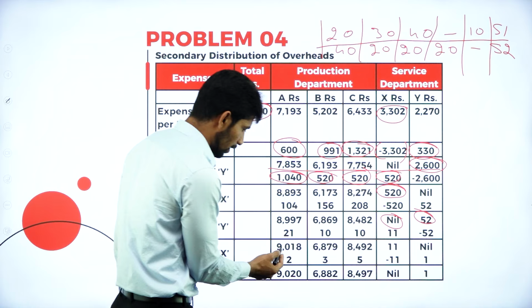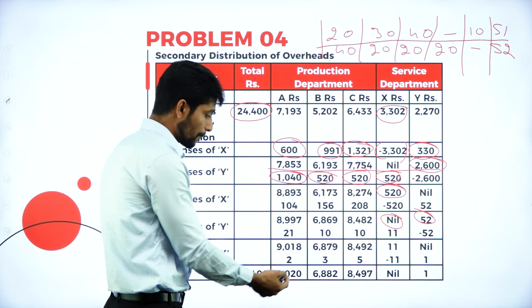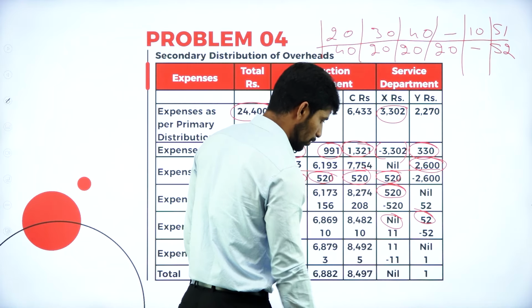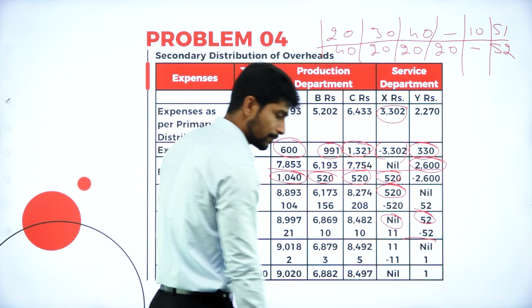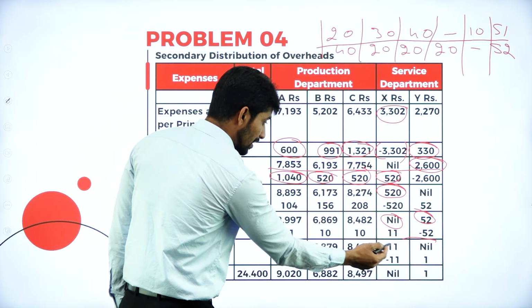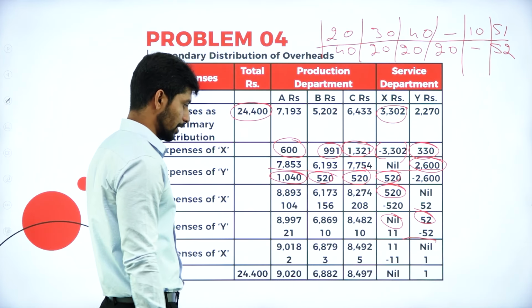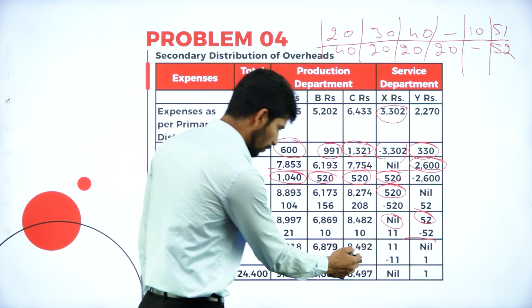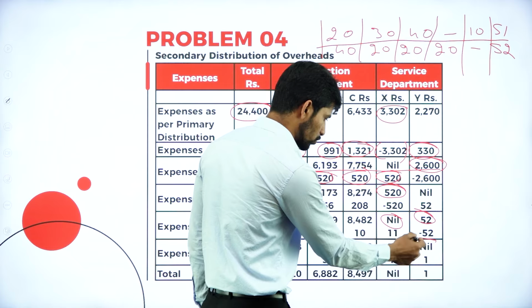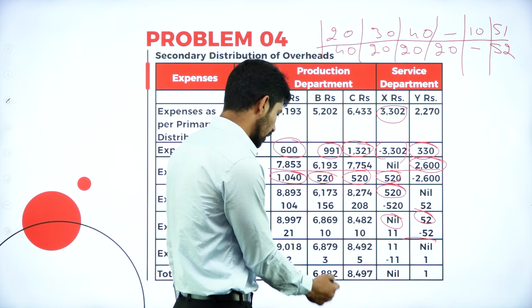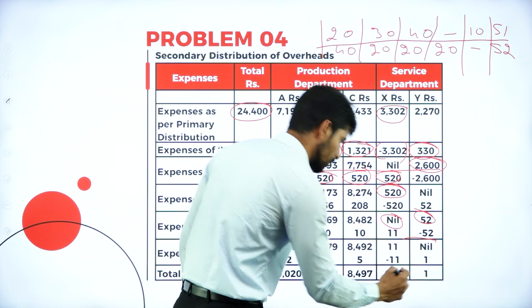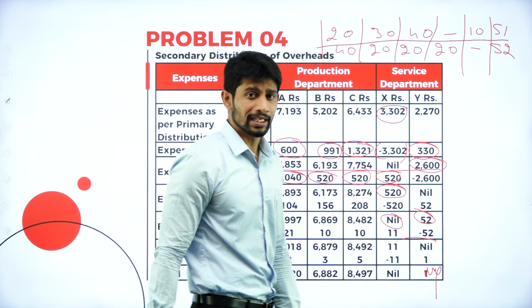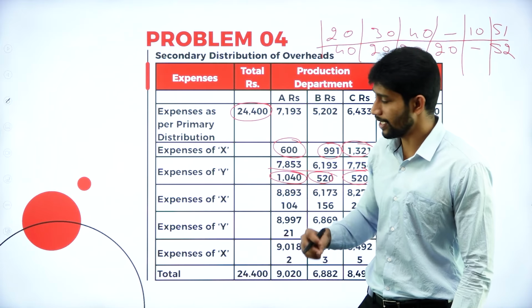So here if you total it, you will get 9,018, 6,879, 8,492 and 11 rupees. And here it comes nil. Now here you have 11 rupees. Distribute that 11 rupees among other departments. So here you will get 2 rupees, 3 rupees, 5 rupees and 1 rupee. So this 1 rupee is supposed to be the nil value, and here also you will get nil, and here also you will get nil value, and you distribute it among the other production departments, that is production department A, B and